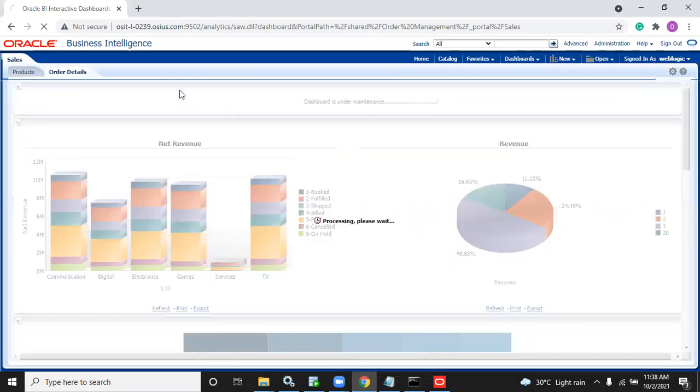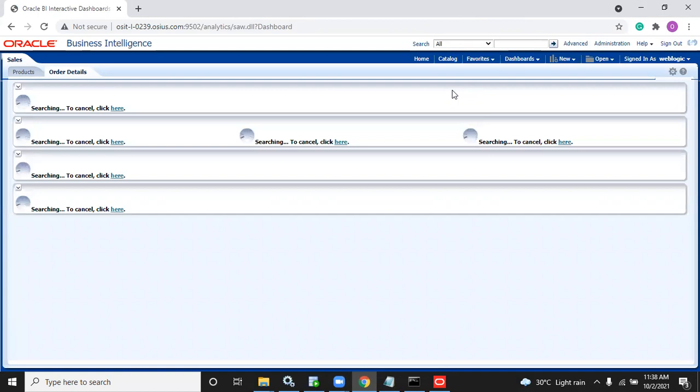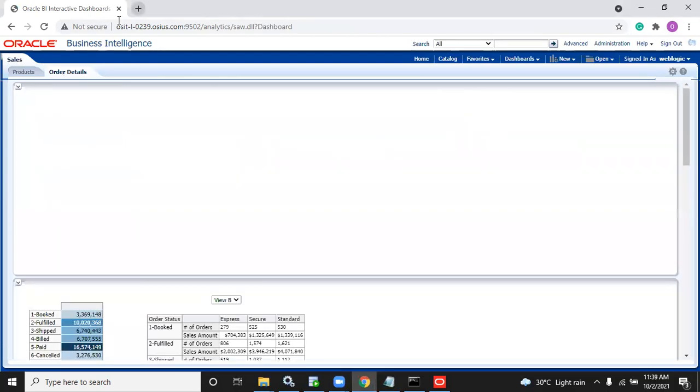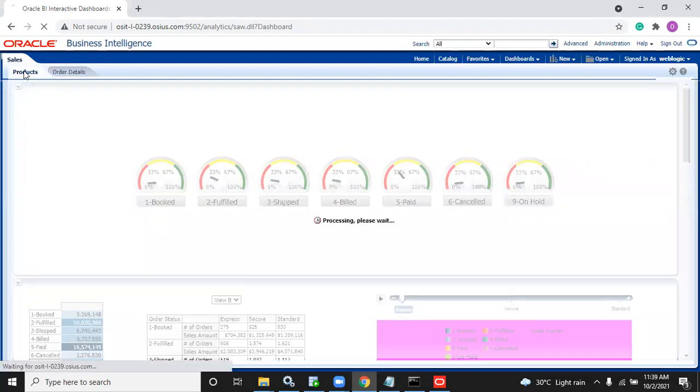Okay, so yesterday we saw report prompts, right? Today let us see the dashboard prompt. What is the use of a dashboard prompt? It basically helps to filter the data as per the user, just like in Myntra or Amazon, whatever you do. Those are what we call dashboard prompts.